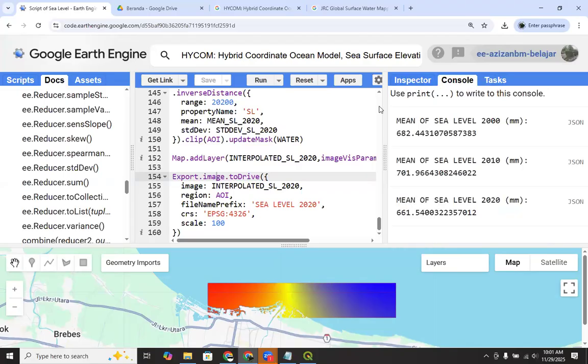So that we can see the sea level rise is already happening. But due to the low temperature in 2020 until 2023, it goes to a lower temperature and changes the sea level back to normal. Okay, so we know now that the main factor of sea level rise is the increasing temperature.